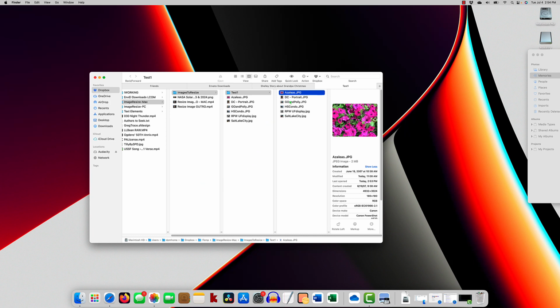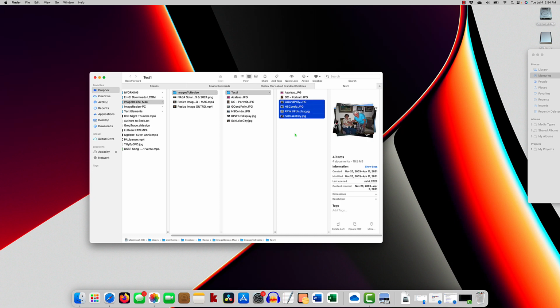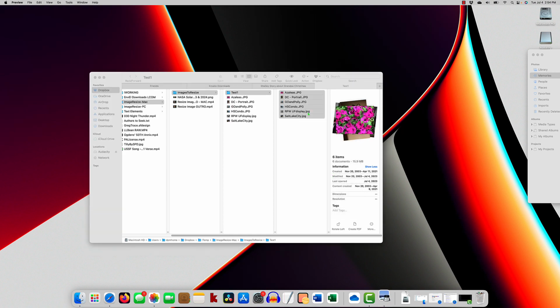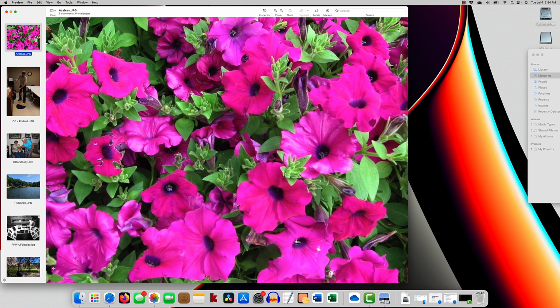Now, on these particular images, I'm going to show you how to select all of them and open them all up. I'm going to select the bottom one, hold the Shift key, and go up 2, 3, 4, 5. And that's a total of 6 images. You can't just click on these. If you double click, it will select a single one. So you right click on it and you select Open, and it will open up all 6 of these images